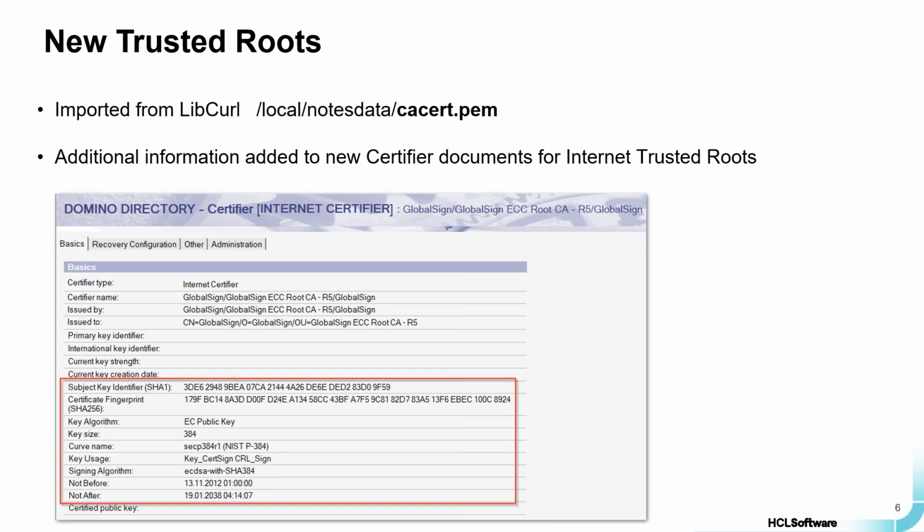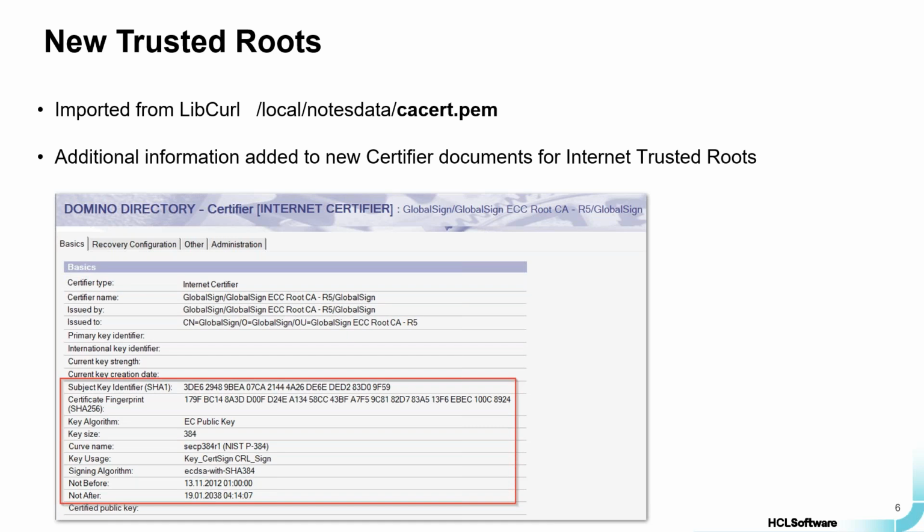So when you opened them, you would have seen only the name, and to get to the details, you would use cryptic or undocumented @formulas, or take the certificate out of the directory and use an external tool. So with 12.0.2, not only have the root certificates been replaced or added,